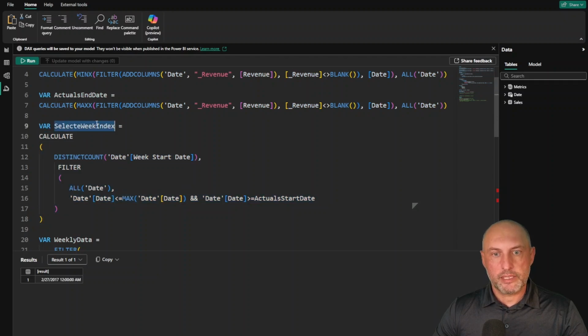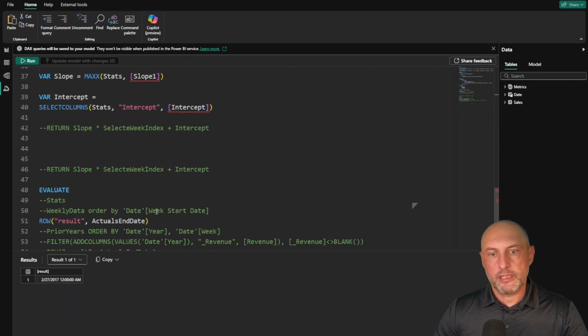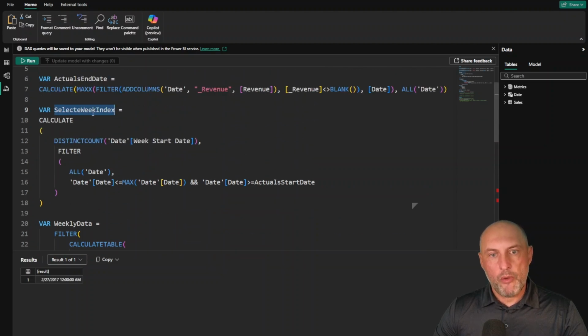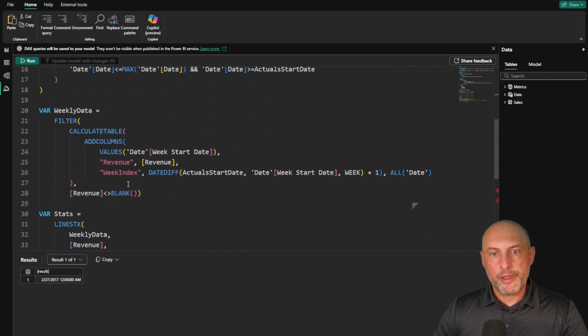It's calculating the selected week variable. And to do this, we're going to look at all of our dates. It's important that we're not looking at only the one day that's selected by being inside of the chart. We're going to look at all of the dates that are less than where we are right now and that are bigger than the start of our period. And then we're just going to count the distinct number of week start dates, which is a representation of how many weeks we have. If I want to see what that selected week index is, I can just run it, and that'll tell me how many weeks I have in my data set. So now I have what my current week index is, and now I can start putting together the data that we need ultimately to